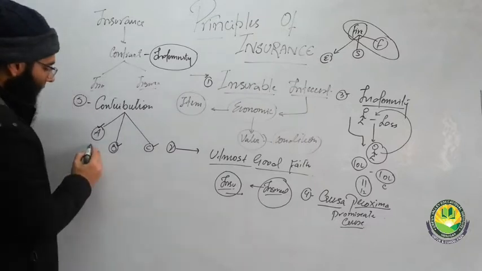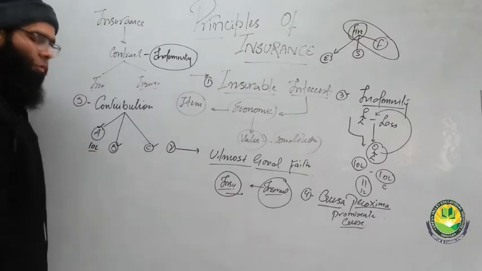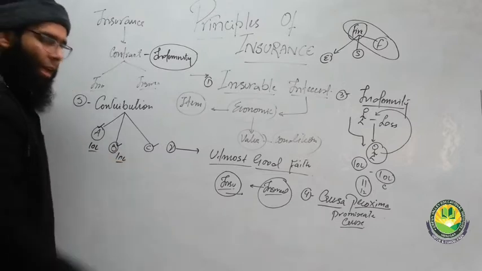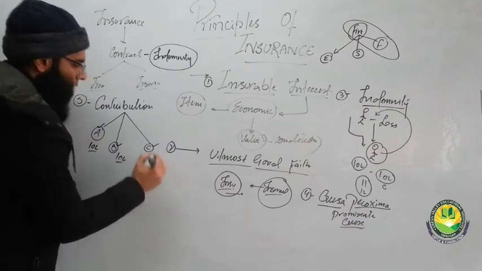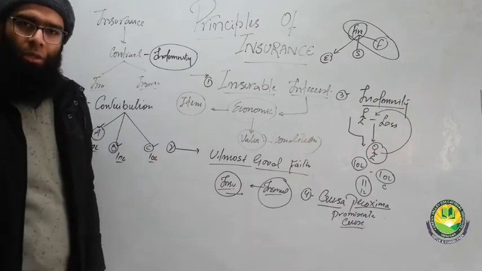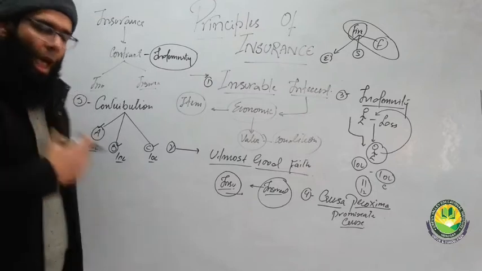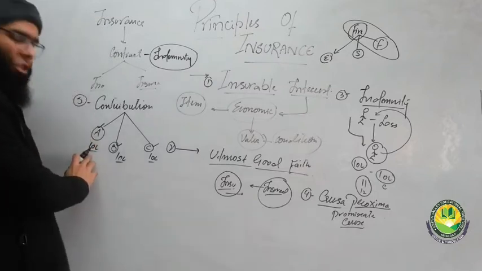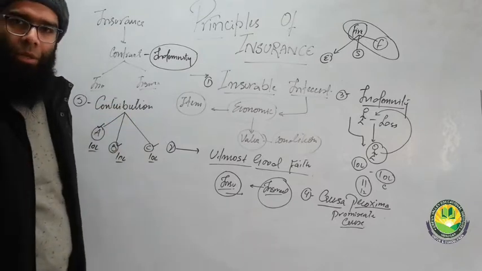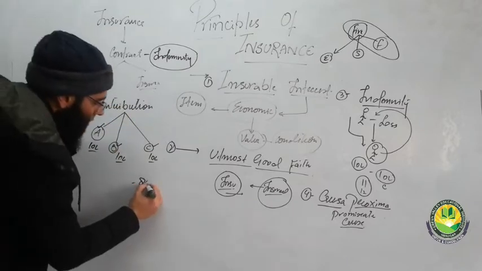And with A, I have taken up insurance of 10 lakh. With B, again I have taken up insurance of 10 lakh. And with C, I have taken insurance of 10 lakh. So they are my insurers and I am their insured. And they will provide me compensation up to 10, 10 and 10 lakh. Supposedly, my house was damaged up to 8 lakh.